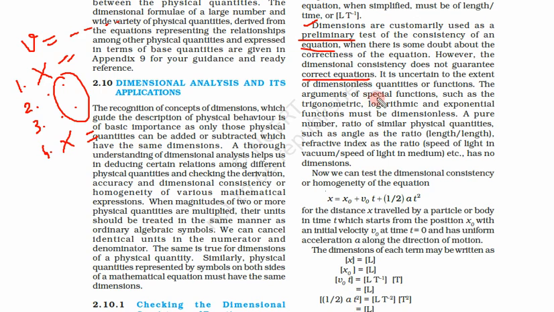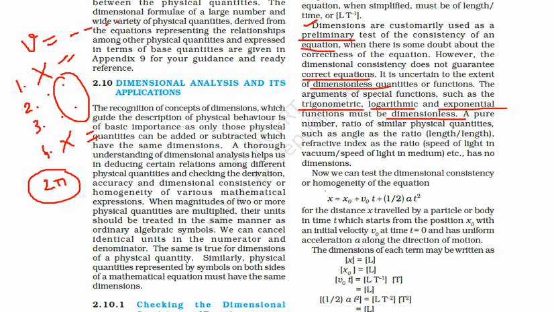The argument, so what is the meaning of this? Suppose there are dimensionless quantities like some numbers, 2 pi, this does not have any dimension. So these can be added or removed from any equation, but dimensional consistency must be there. Also we can check different types of functions, like all trigonometric, log and exponential functions must be dimensionless.